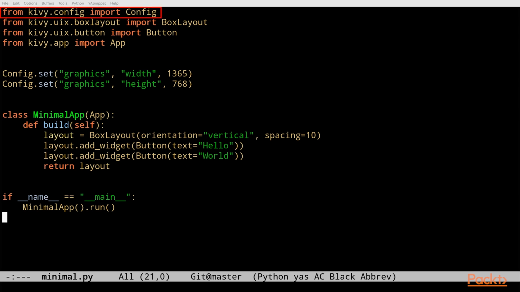The very first line imports the Kivy configuration, which we're doing here because we want to adjust some aspects of that configuration from within our own code. A few lines further down, we call config.set to tell Kivy what we want our application window's initial width and height to be. After importing the config, we proceed to import box layout and button elements, which we will use to construct our